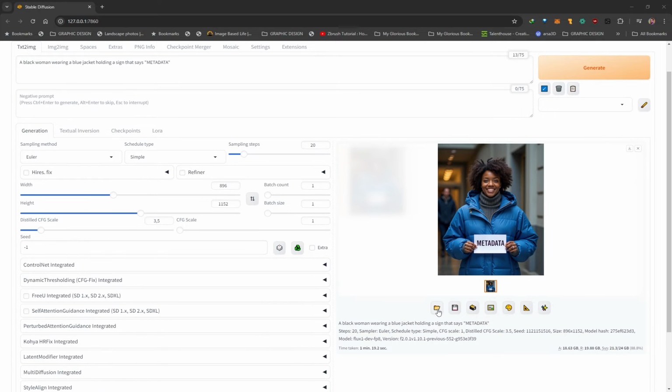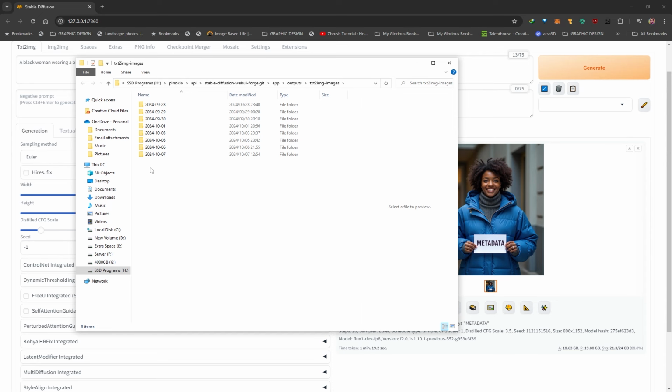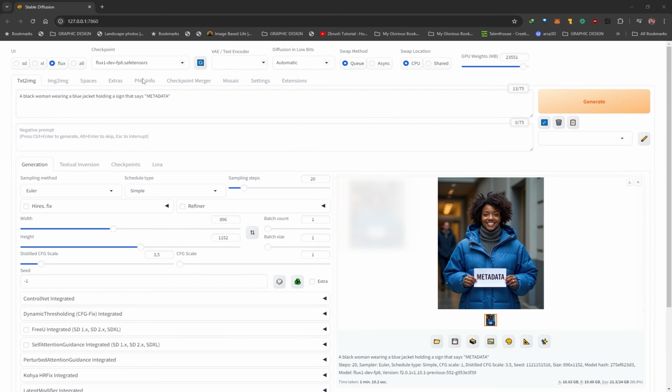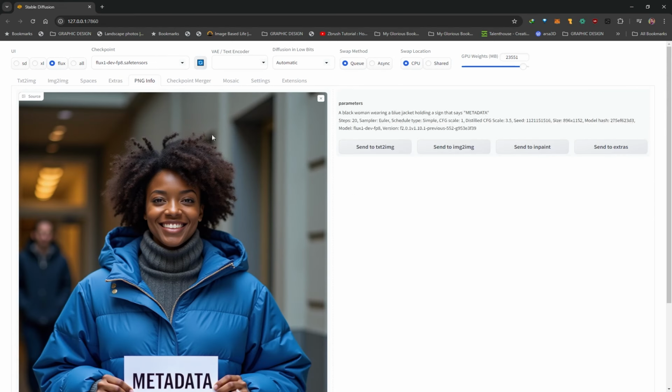In this case, I'm going to click on this folder icon, which is going to bring me to the directory with all of my images I've generated with Forge. I'll go to today's date, and then you just want to click on PNG Info in Forge and simply drag and drop your image over here, and that's it. Now you can see on the right hand side we've got parameters, I've got the prompt, as well as any